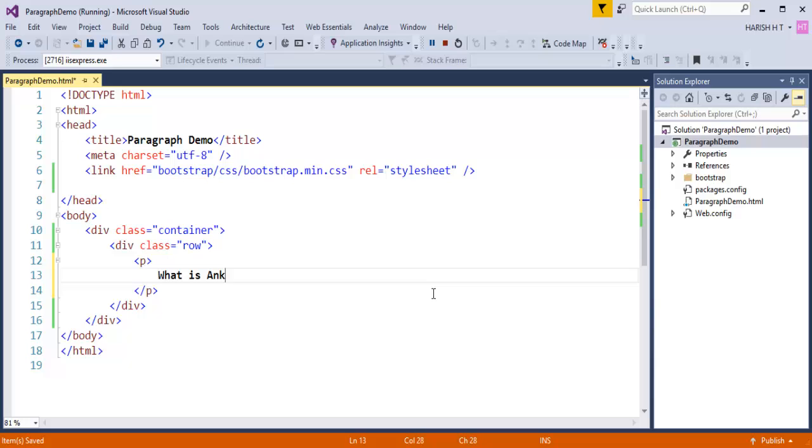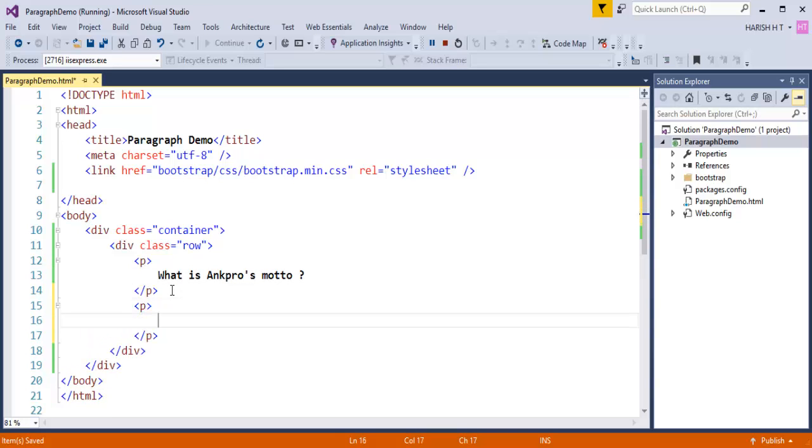What is Ankpro? What is Ankpro's motto? Okay, now let me come here and add something like "innovation is our mantra." Okay,